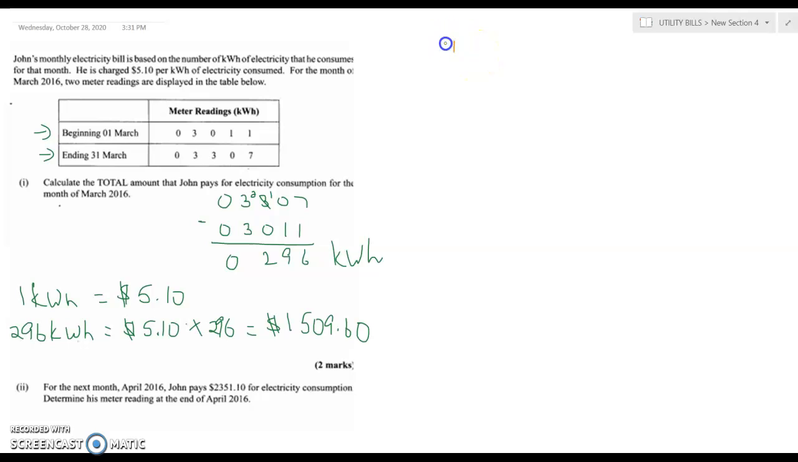And now for part 2, they told us that for the next month of April he pays $2,351.10. We want to determine his reading at the end of April. Now, first of all, we know that for every 1 kilowatt hour, he is charged $5.10. So the number of kilowatt hours for the month will be the total bill divided by how much is charged for one, right? So you're just going to divide 2,351 dollars and 10 cents by $5.10. So that's